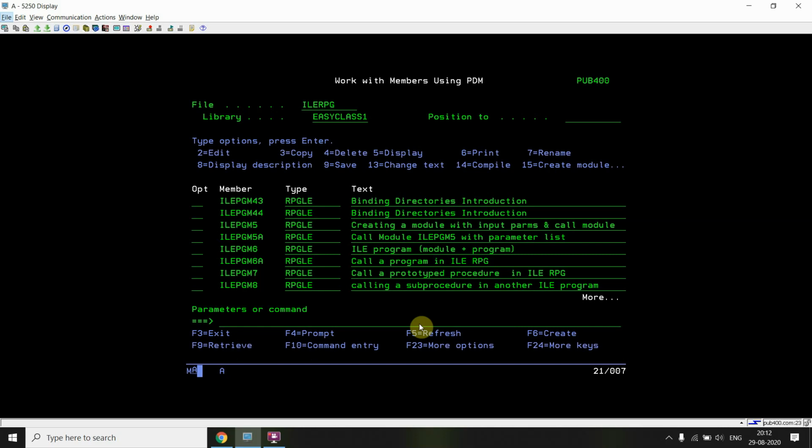Okay, so don't mix it up in a single binding directory, because it creates confusion, and it creates that issue, the duplicate definition. Okay, now